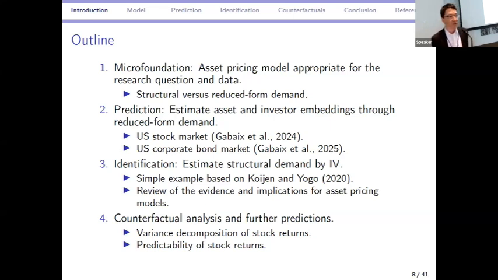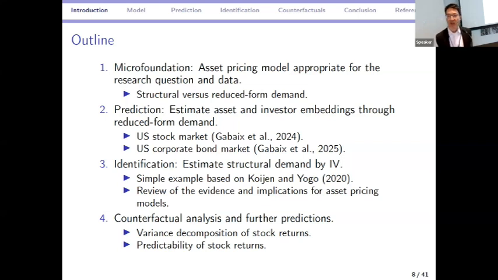It turns out that if you want to just do prediction, then you can work off of the reduced form without identifying price elasticities of demand. This is the technique that we used in the paper yesterday, if you attended the paper on credit ratings and credit spreads that I presented yesterday in the asset pricing group. And we have an earlier paper called Asset Embeddings where we also apply this technique.